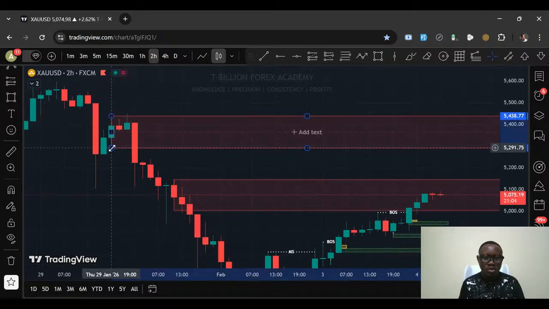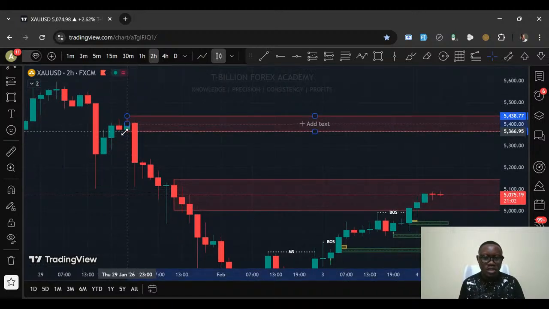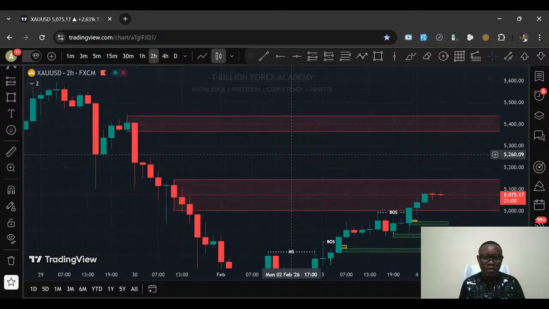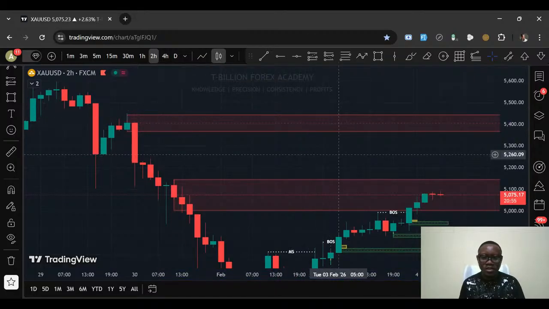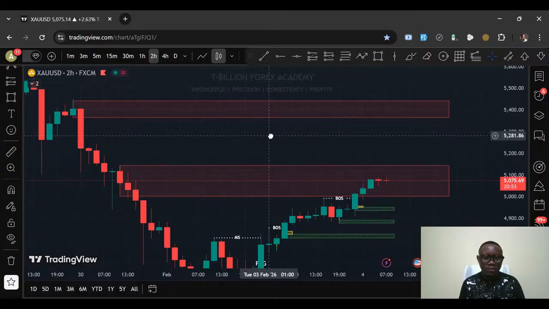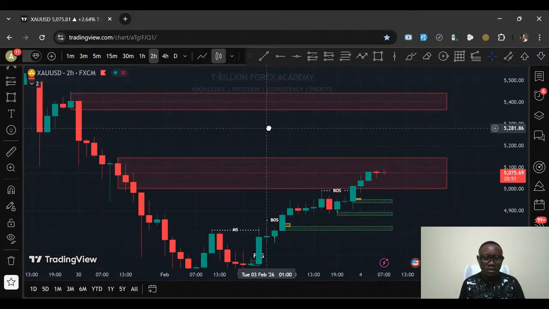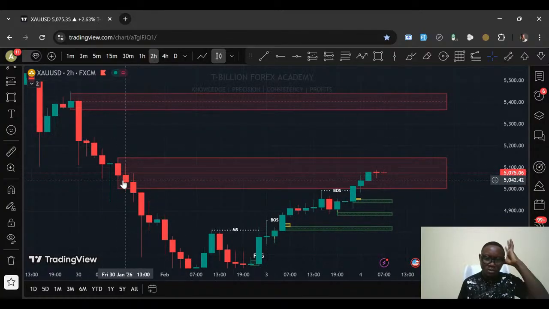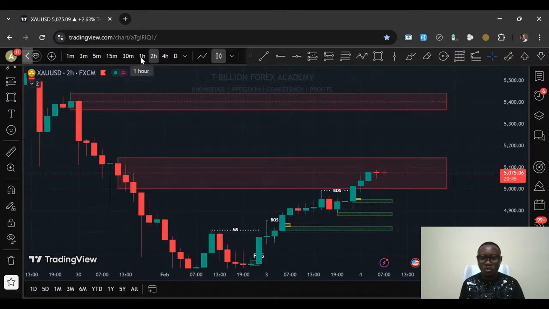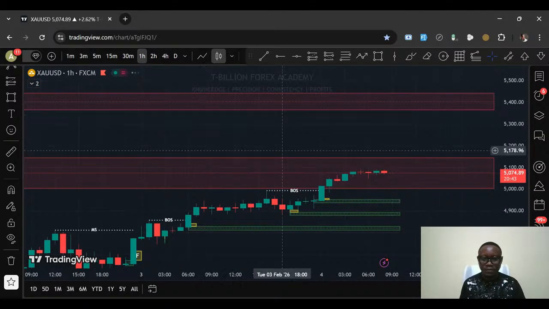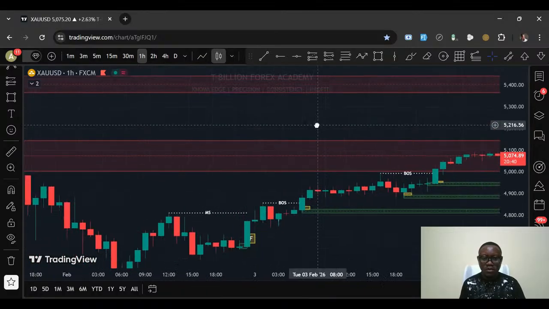Okay, drilling down to 2H, we can further refine this to this green candle here, right? And further refine it to the green candle, and this has been mitigated, this has been mitigated, this has been mitigated. So let's drill down to 1H. Okay, so on the 1H time frame,